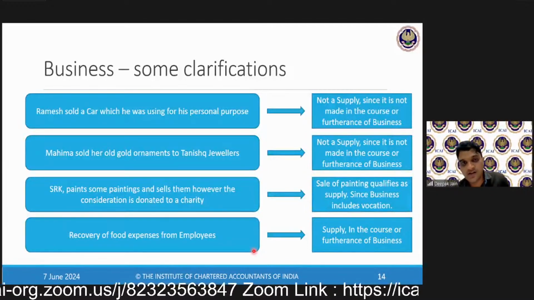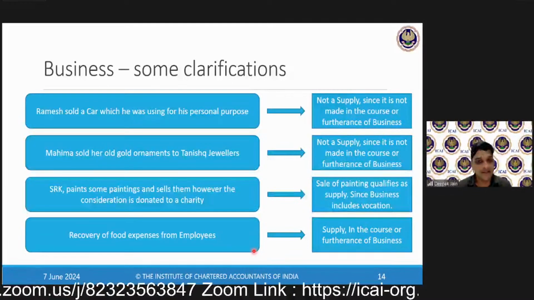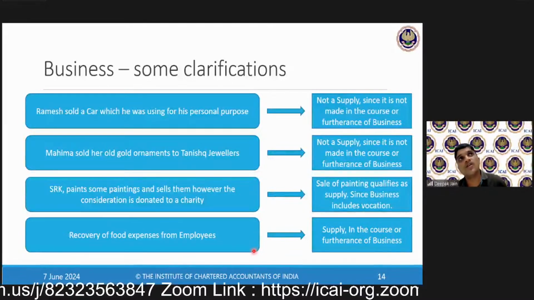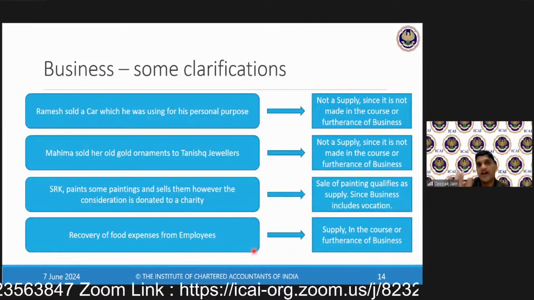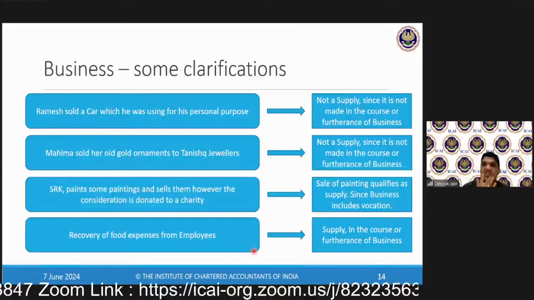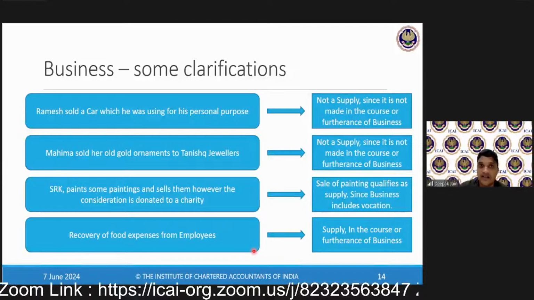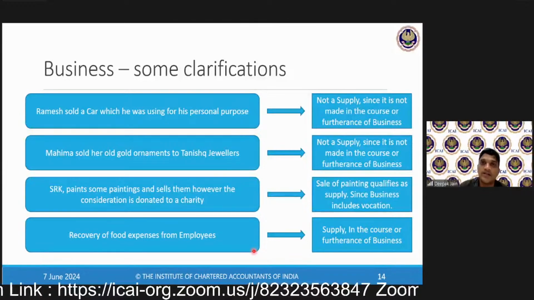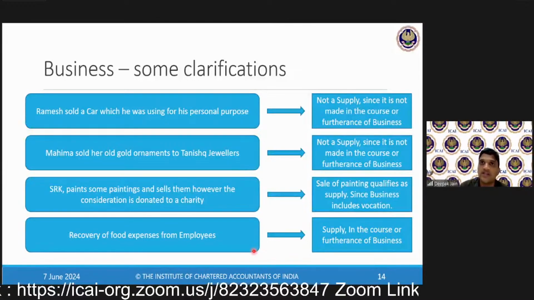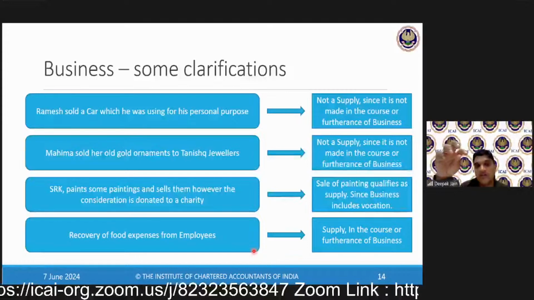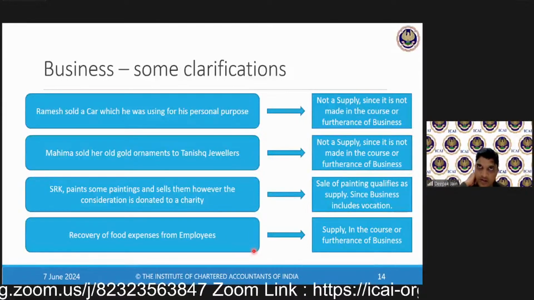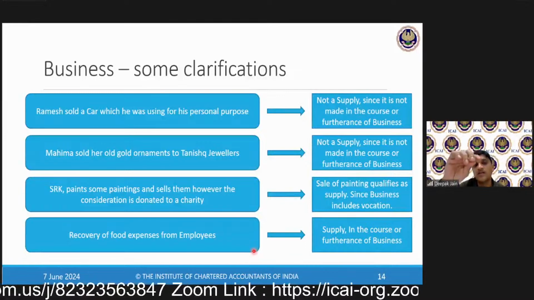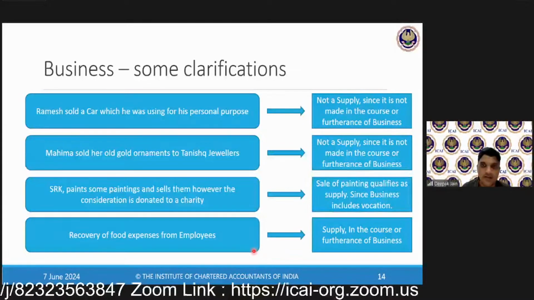Loans and borrowings are not chargeable, but the service charge will be liable. Yes, you're right. The loans and things are not liable, but the service charges are liable. So only the transaction in money is exempted, like how we said that in Forex, the value is not liable to GST, but the charges on the Forex are liable. Similarly, in the case of loans and borrowings, it is not liable, but the service charges are all liable to GST.